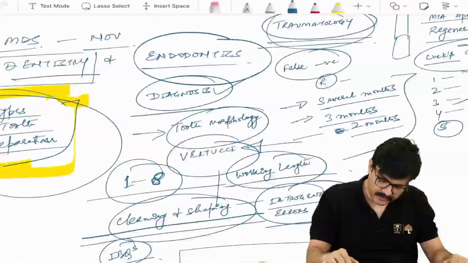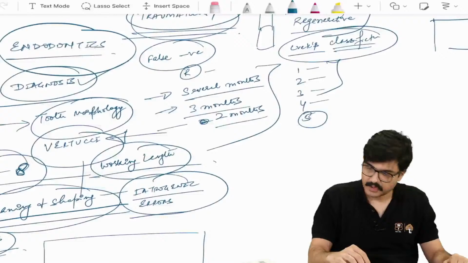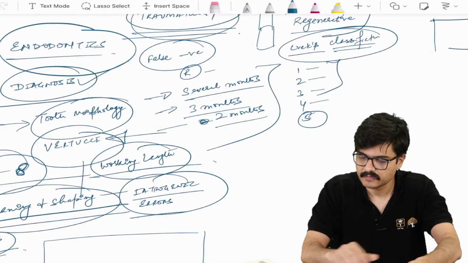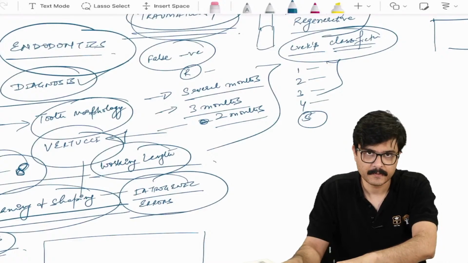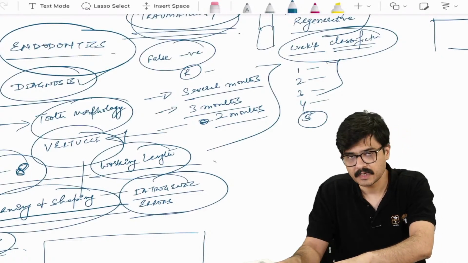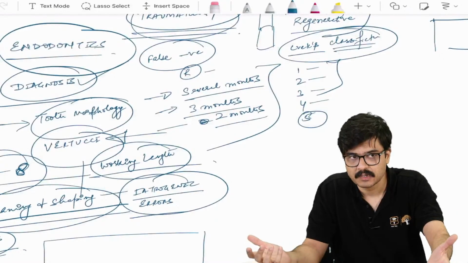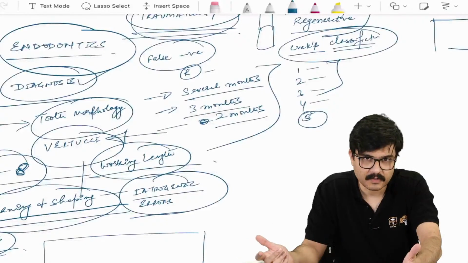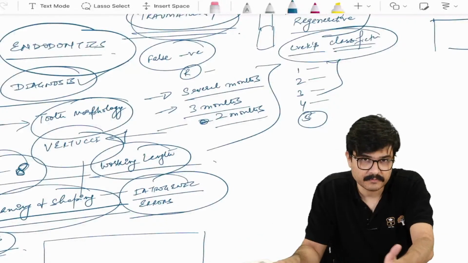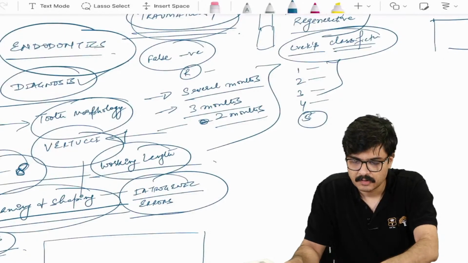Anything else? I think I've covered all the important topics as far as your cons and endo is concerned. Local anesthesia, yes, you do that in oral surgery. There's an endo perspective also. How much time does it take for pulpal anesthesia to be effective after an inferior alveolar nerve block? 10 to 15 minutes. Controversial question, but that's the answer.